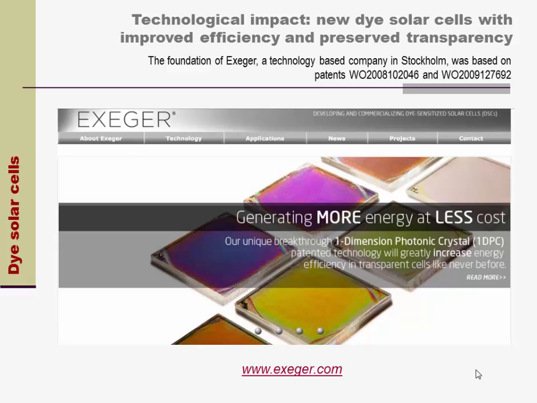This is a company based in Stockholm, and it grew in a few years. Right now, they have 35 people working there. They have a pilot plant. They are creating the photonic crystal at large scale, and one of the main owners of this company today is Pilkington Glass, which is the main glass for building company in Northern Europe, which is actually interesting